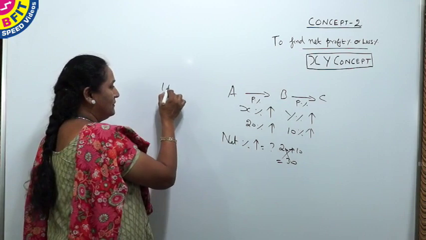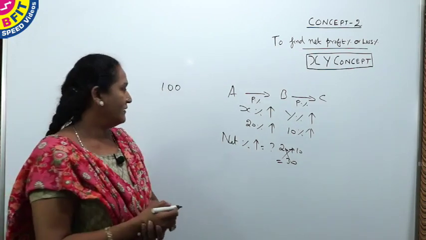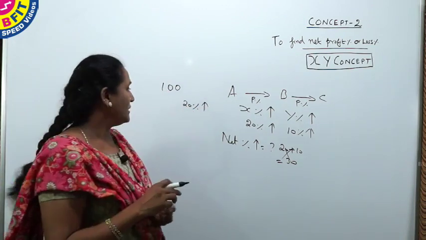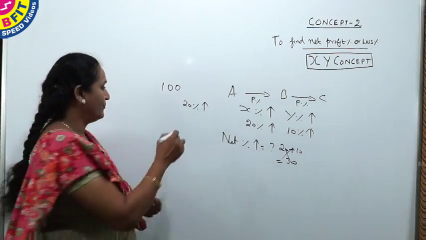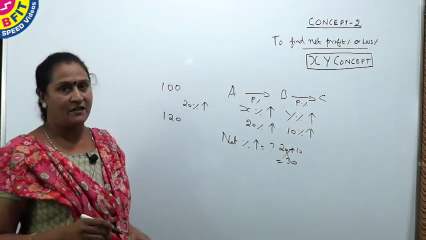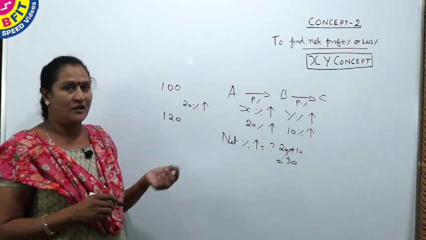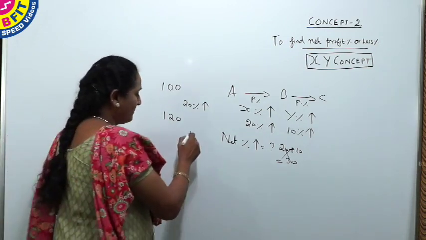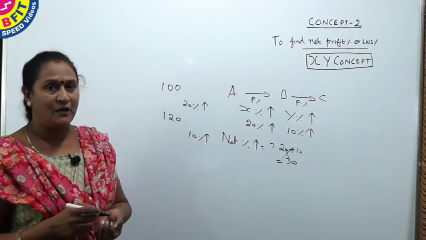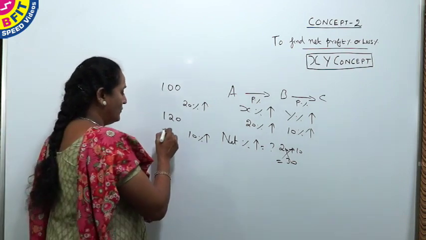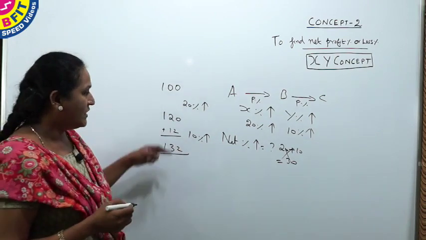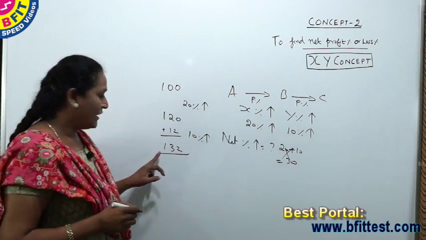Say for example, the value of an article is 100. So it is increased by 20% first. So if it is increased by 20%, what will be the value? It will be 120. Now in this 120, there is a 10% increase. So note here, the base is not 100, the base is 120, and this 120 is increased by 10%. So what is 10% of 120? It is 12. So now you add 12 with 120, so you get 132. So after the increase of 20% and 10%, we get the value 132.